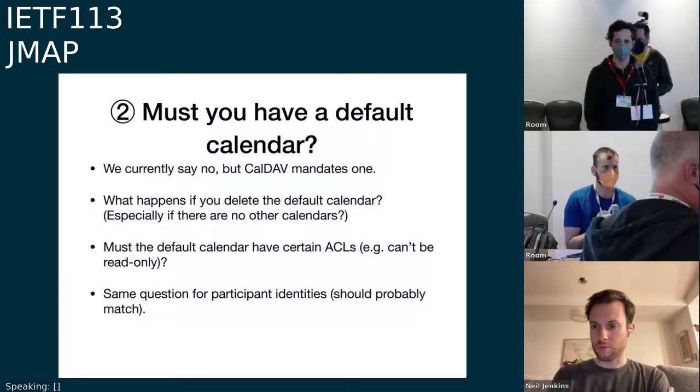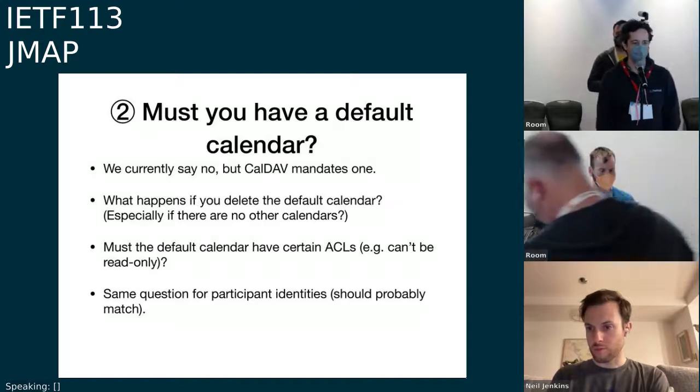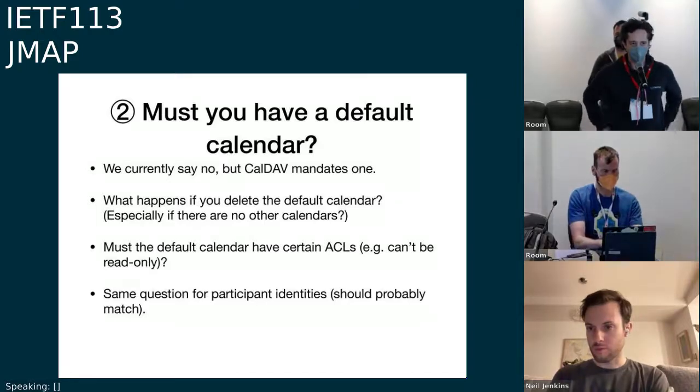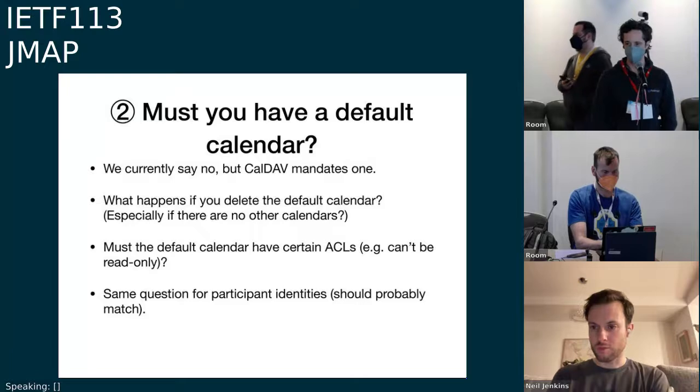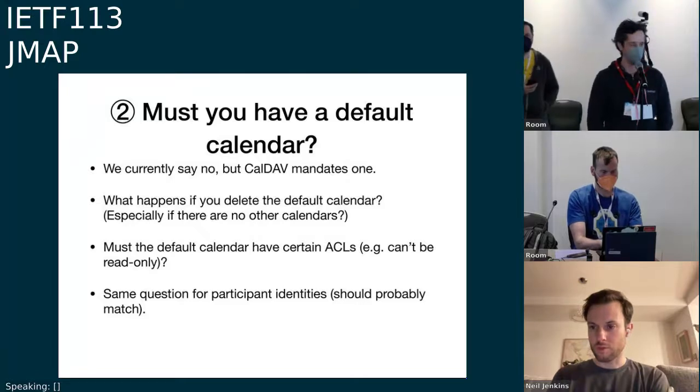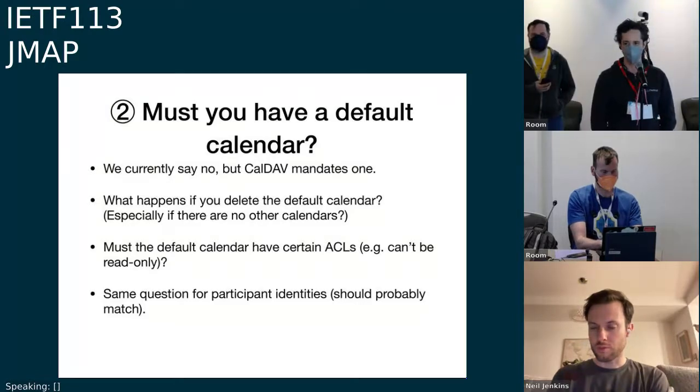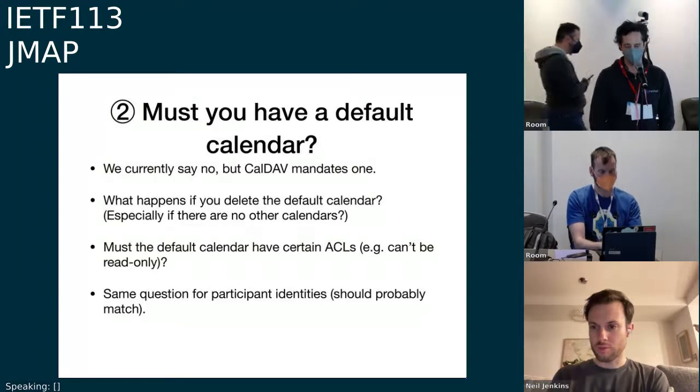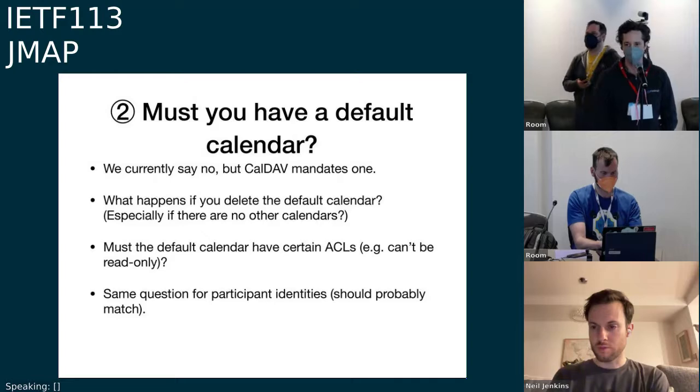This is Robert speaking. So I have to say I don't care so much if a default calendar must be specified. I find it perfectly reasonable that the default calendar ID in the preferences might be null. But we could still state that servers might then pick whatever calendar they want to put an invite into.